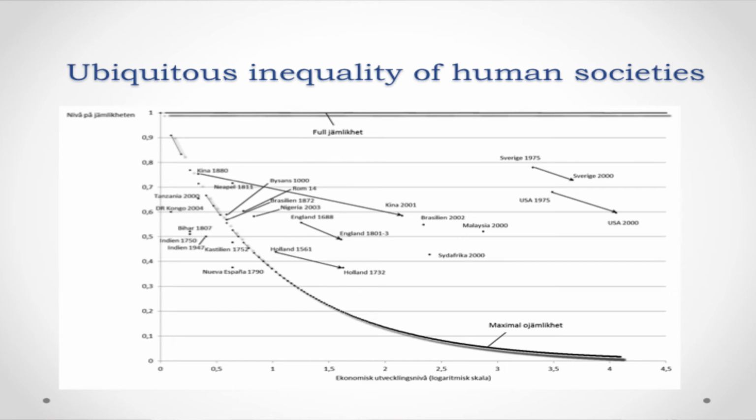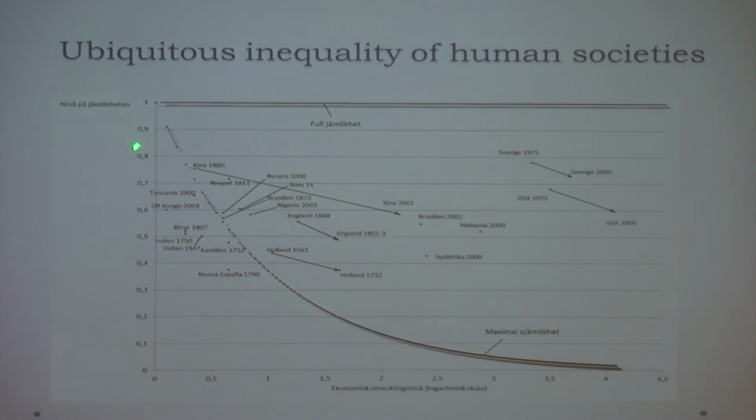So high numbers indicate systems characterized by inequality. Now, here I have inverted this. So on the vertical axis you have 1 minus the Gini index. It implies that here the line y equals 1 represents full equality in a society, sort of a nirvana state of society for those who dream about equality. And this curve here represents something called the inequality possibility frontier.